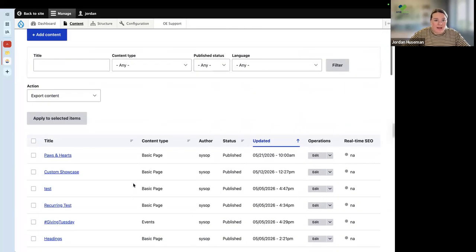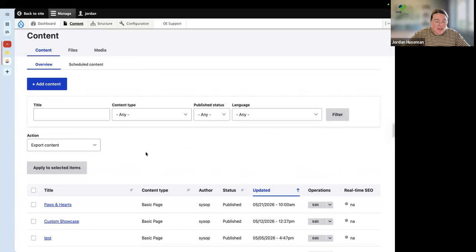What we always recommend is to make life a little easier for you. Use the filters up here toward the top to help narrow your search down. You can search by title. So if you had maybe every year you do the same event, so it's got a very similar title, but you can't quite find